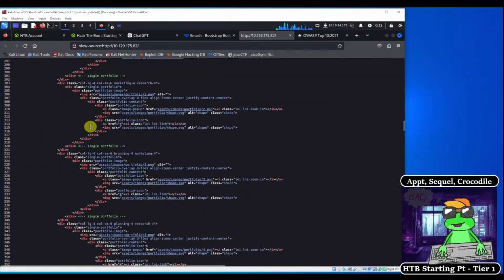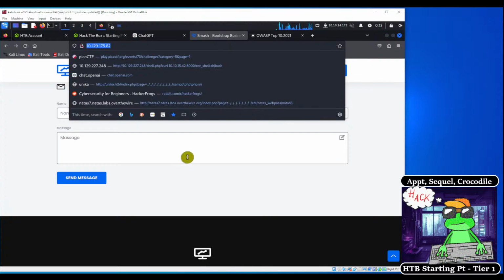But we know that there is a login page. So we can direct